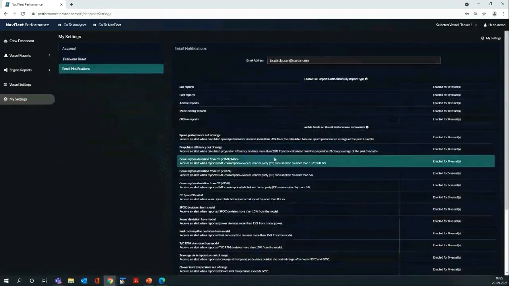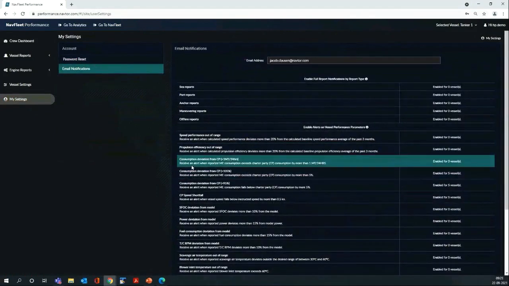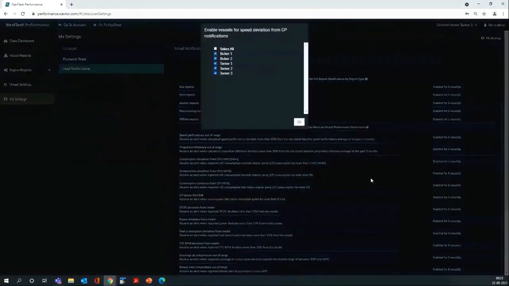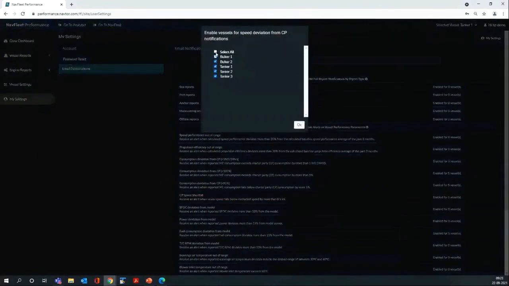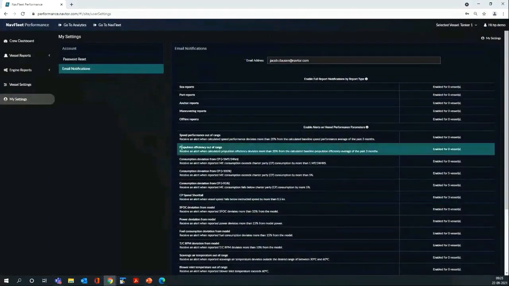So there's a large set of different performance deviations that you could get notified on, including notifications relating to the charter party speed and consumption. So it could be that you want to be notified for a specific vessel or all the vessels in the fleet. And you can decide which vessels you want to receive notification on and for which email it should be received. And then you would basically get an email